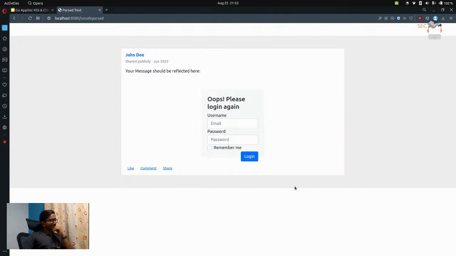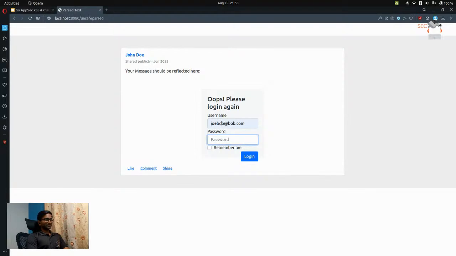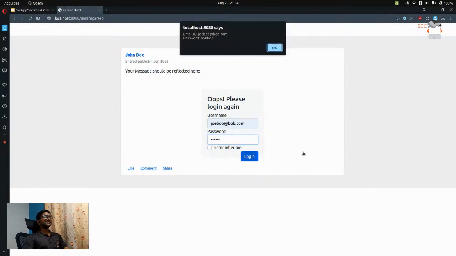And there you go. As you can see, this is completely unintentional, right? The developer does not want you to type your username and password when you're trying to type in your comments. And in this case, if I were to do something like Joe Bob and type, I don't know, my password, which clearly